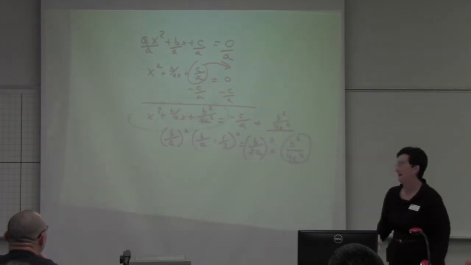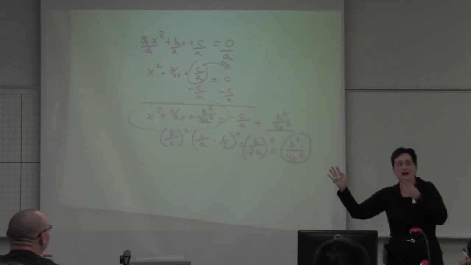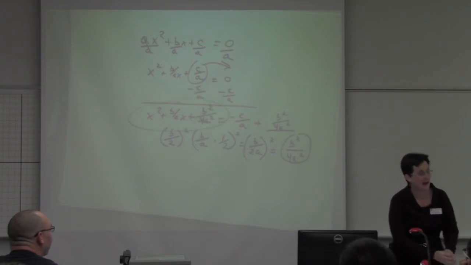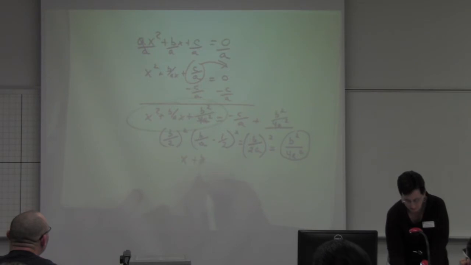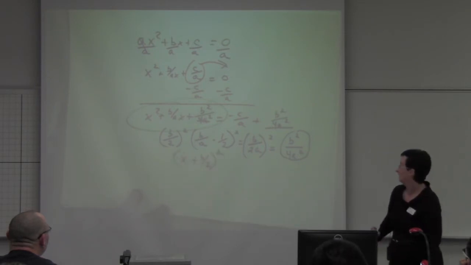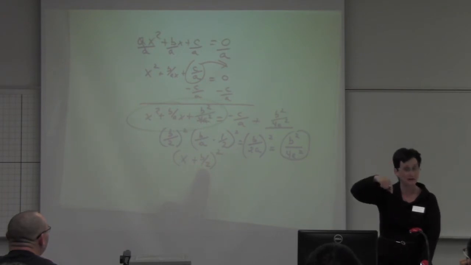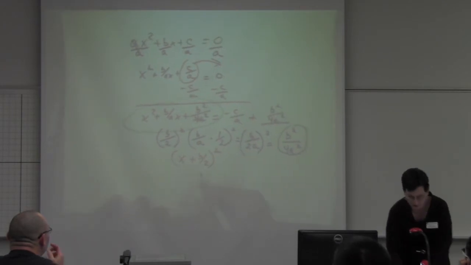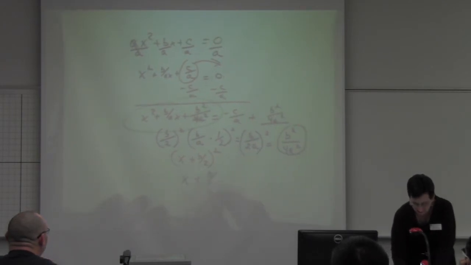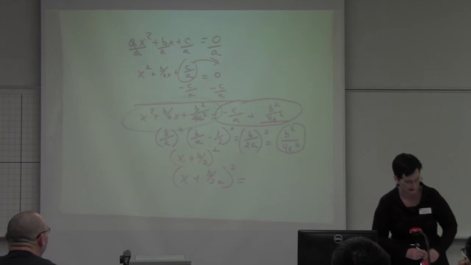All right, so seriously, thank God for that shortcut now, right? I would not want to have to factor that. But every single time we have created x plus b over 2 squared. And what is b over 2? It's whatever was inside the parentheses before you squared it. So that was what? b over 2a. So x plus b over 2a squared, that's what we created, equals, oh, looky there, we get to practice from